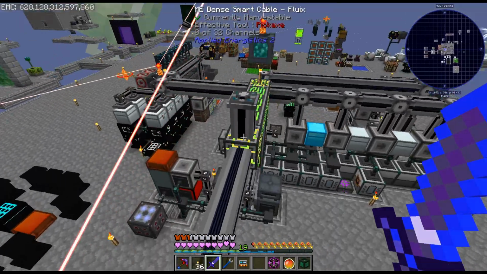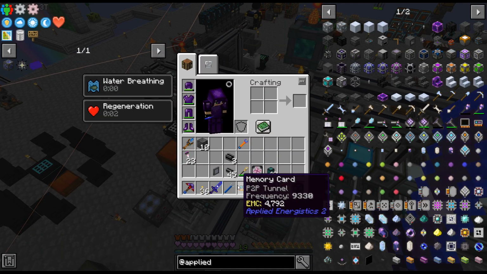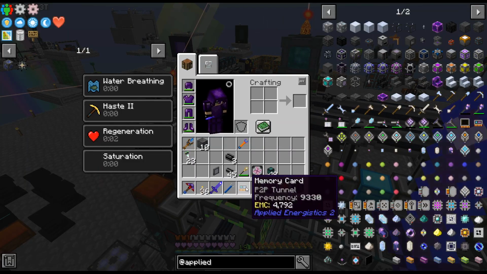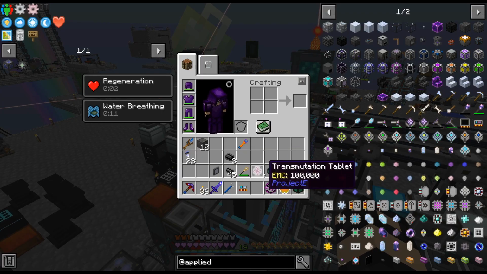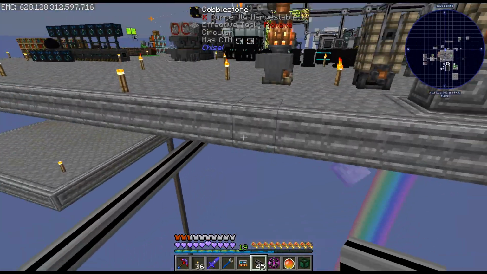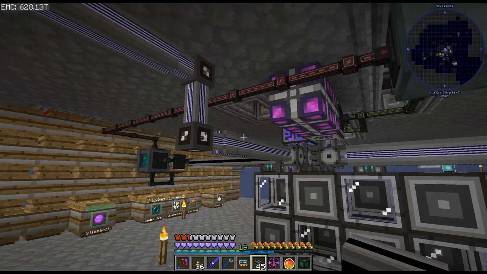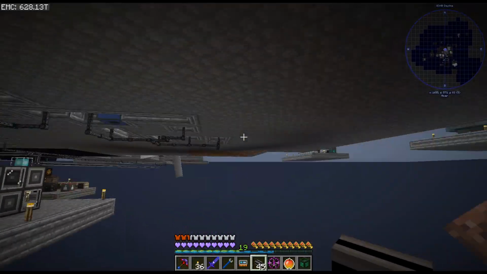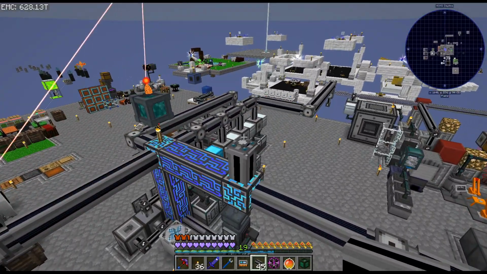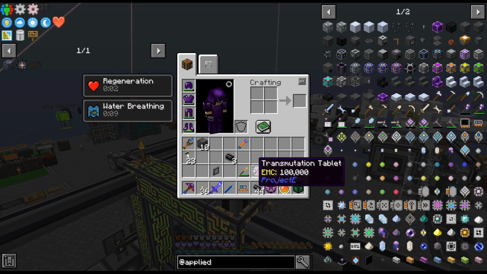So I've gone ahead and done a dense cable there, P2P tunnel right there. I have set it, as we can see, to that frequency 933 or whatever. And yeah, I'm just going to run this over. Unfortunately, underneath, I can't... The way I have this all, it's just too complicated trying to get to a controller. So I'm just going to make the base look even worse and go up top here. I don't really want to, but...